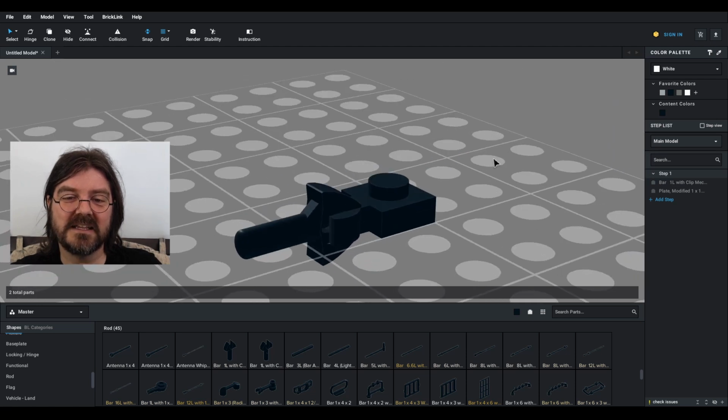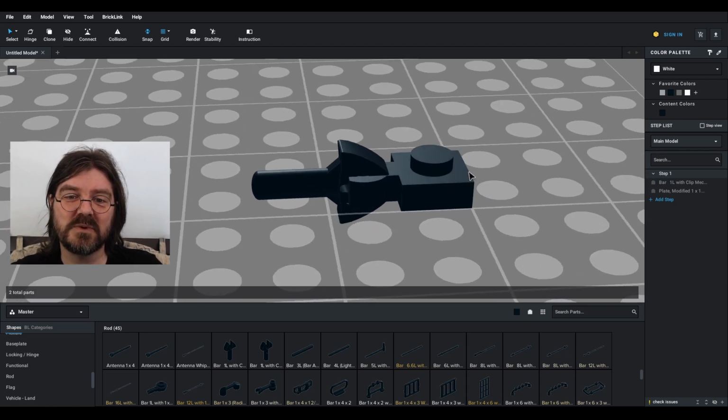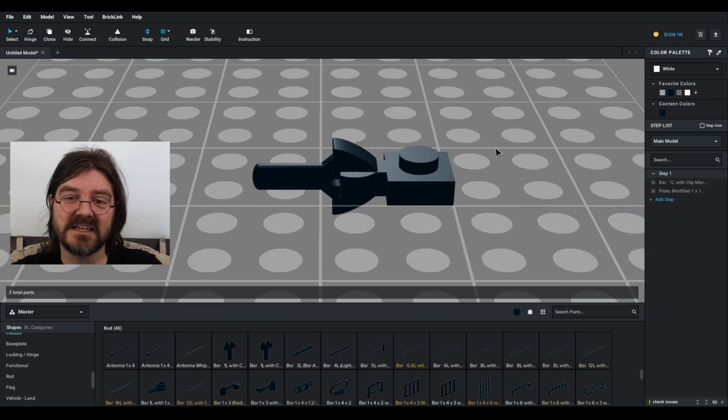And there we have that connection. Really simple to do if you're using the connect tool.